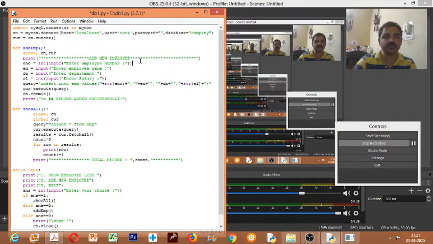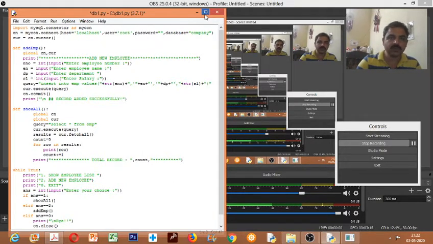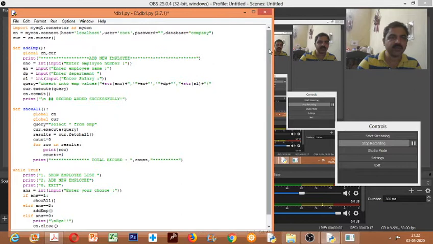Okay. So the entries to the table and the data will be stored in the table, and again getting the data from the table, everything will be done from Python. So how to do that? That we'll see here.